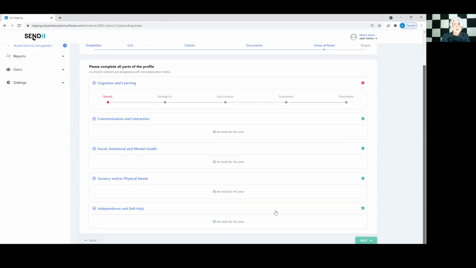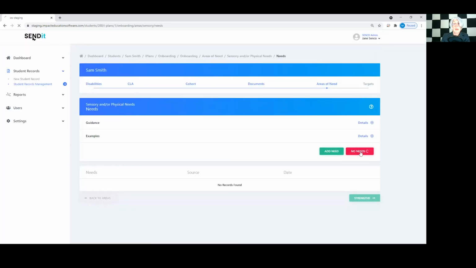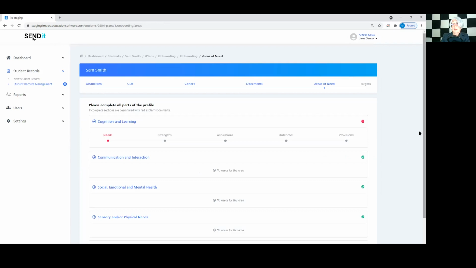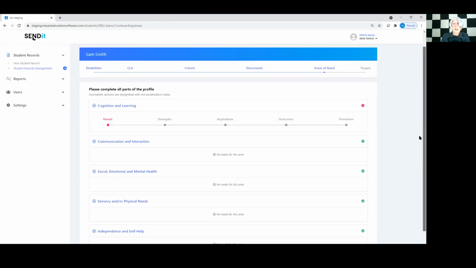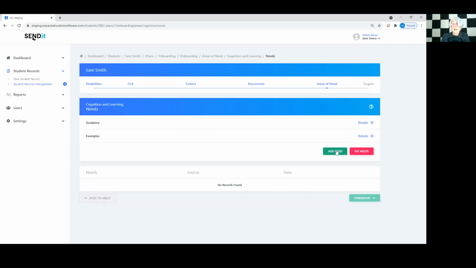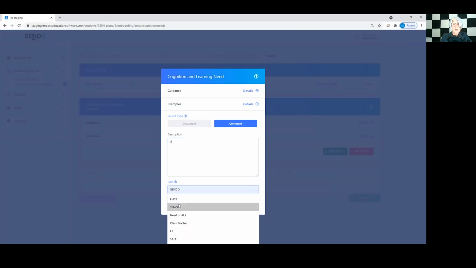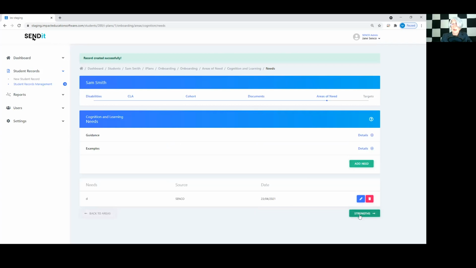Just to show you, if you then wanted to open sensory and physical, then you can add a need. But I'll just keep no needs for now. So we've got cognition and learning open, so off we go. We're going into needs, I'm going to add a need. I'm going to use the comment route. I'm just going to put the D for demo, and I'm going to put SENCo, and off I go. And now I'm going to move on to